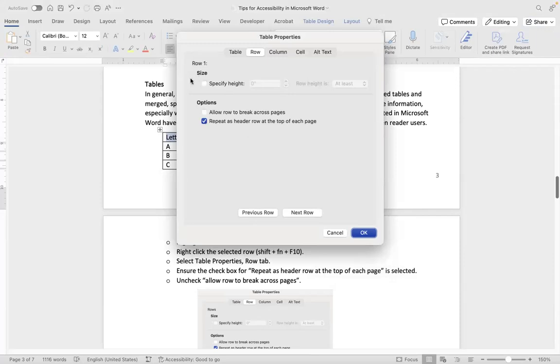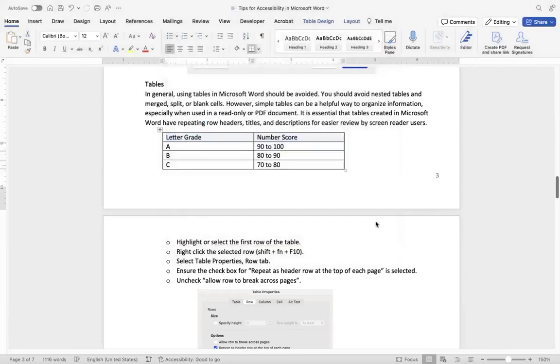Under options, it says allow row to break across pages. All accessibility guidelines say to uncheck that box because you do not want your rows to break across pages. And this is very important: check the box that says repeat as header row at the top of each page. All right, I'm going to select OK to exit this pop-up menu.